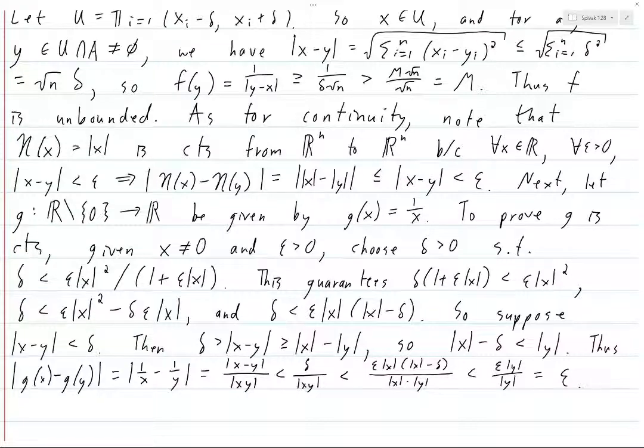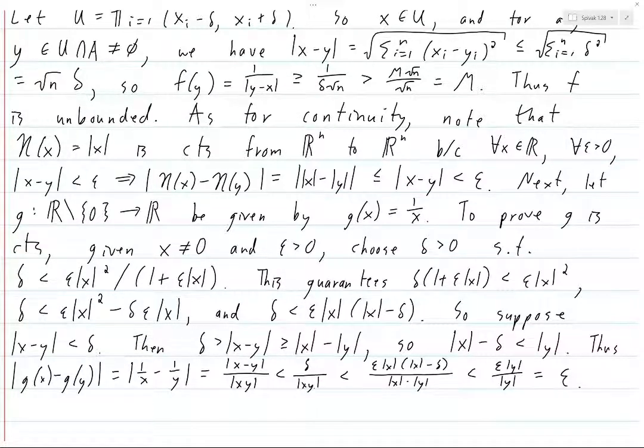What I ended up with was, I took the absolute value of 1 over x minus 1 over y, and I got to the norm of x minus y over the norm of xy. And I knew that I needed this thing to be less than epsilon. So that means that you need epsilon times the norm of xy to be greater than the norm of x minus y. And I think I just manipulated that algebraically a little bit